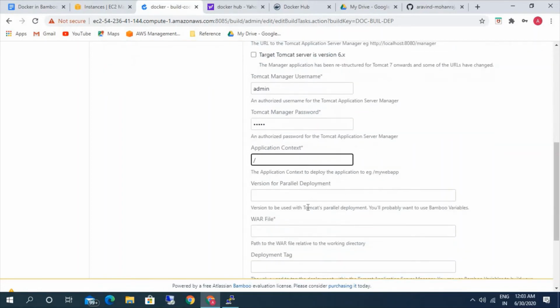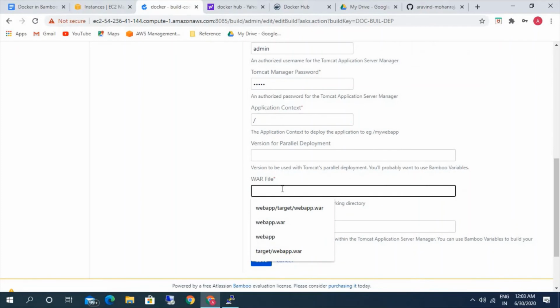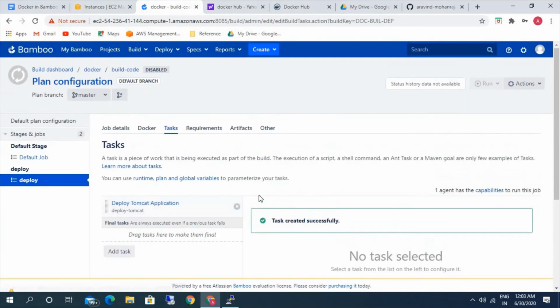I'm going to install it on the root, webapp.war. The target folder will be there in the current deployment itself.